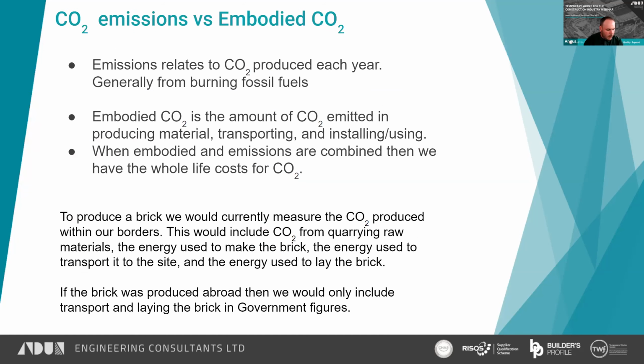Now we come on to what I've talked about a few times already: embodied carbon versus CO2 emissions. So emissions relates directly to burning fossil fuels, generally burning fossil fuels. Embodied carbon is the carbon that is effectively within something. So as an example, a brick. To calculate the embodied carbon, you'd have to calculate or measure the carbon from quarrying the raw material, the energy used to make the brick, the energy used transporting it, and the energy used to lay the brick within a building. That was how you'd quantify your